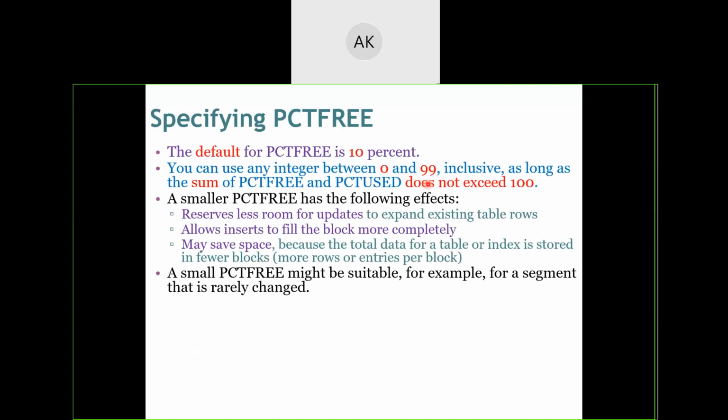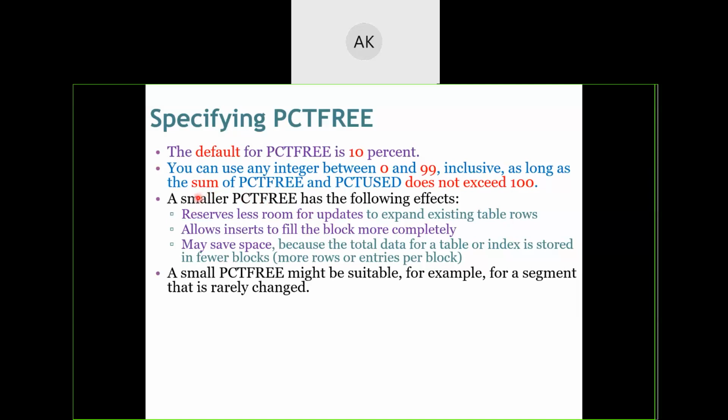And then, whenever you are setting the values of percentage free and percentage used, be cautious that whatever value from 0 to 99 you take for either of them, their summation should not exceed 100. Their summation should not exceed 100. So if we need less room for updates, then percentage free can be set smaller.